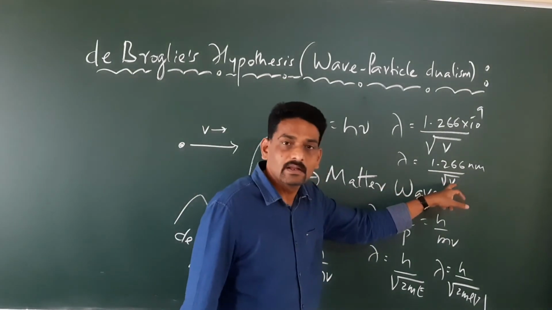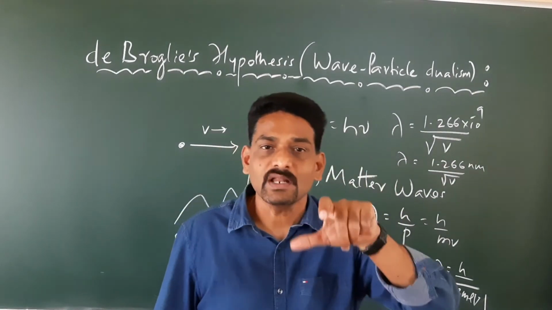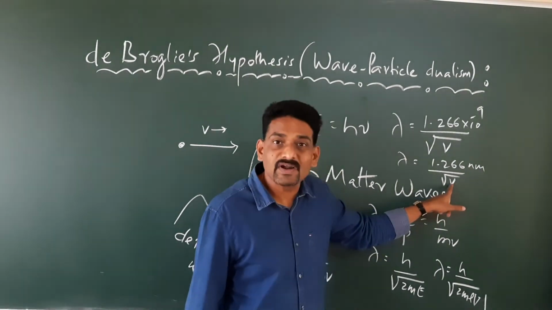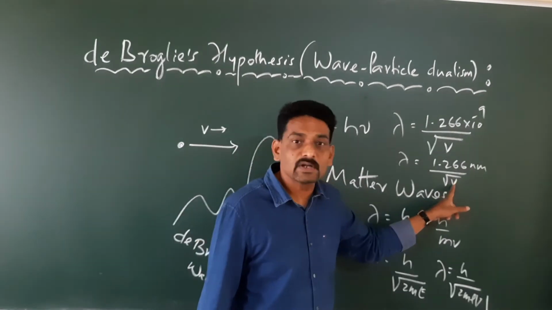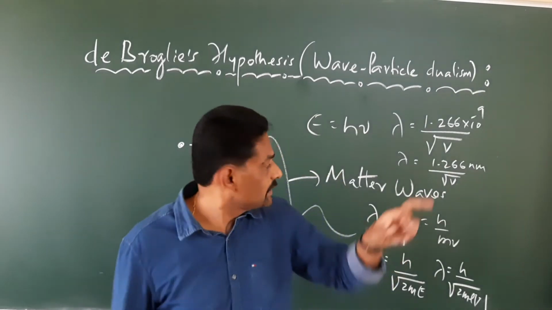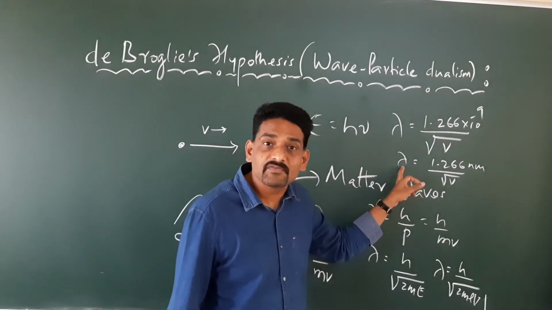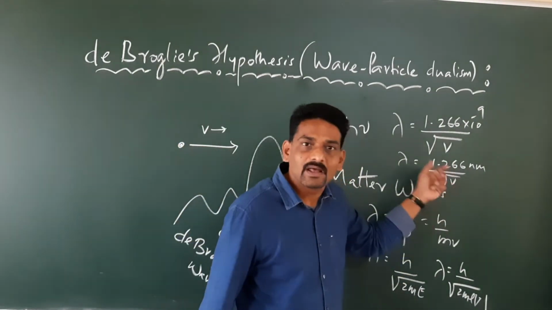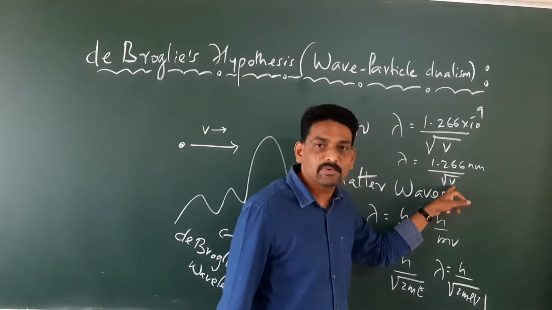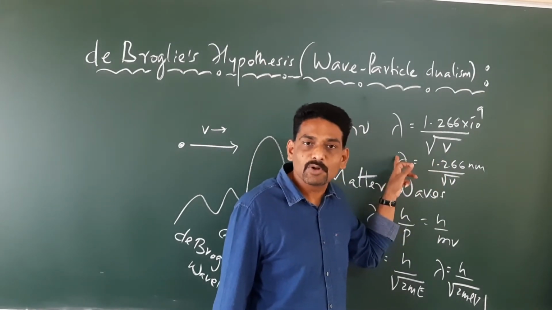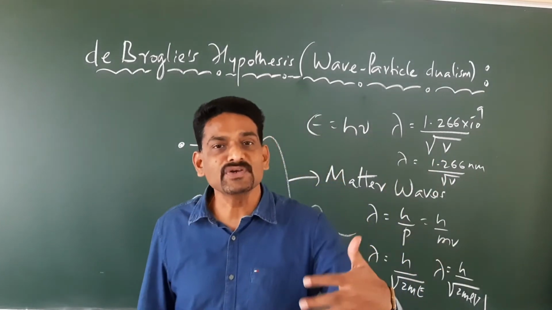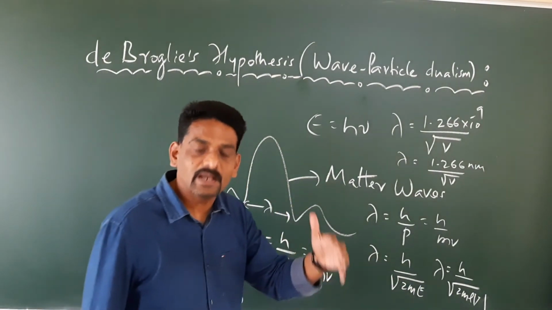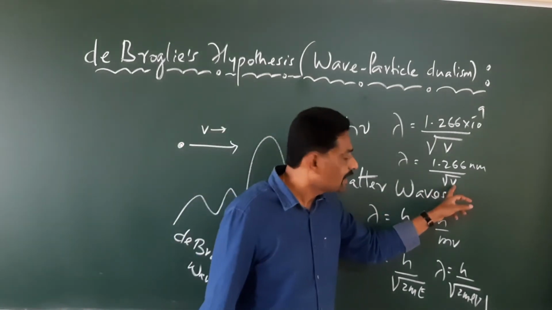So what is V? V is the applied potential difference. Now we can observe from this equation that by applying a different voltage, we can produce de Broglie waves of different wavelength. The more the applied voltage, the lesser the de Broglie wavelength. The lesser the applied voltage, the more the de Broglie wavelength. So we can produce de Broglie waves, which are basically the waves associated with a moving particle, by applying different